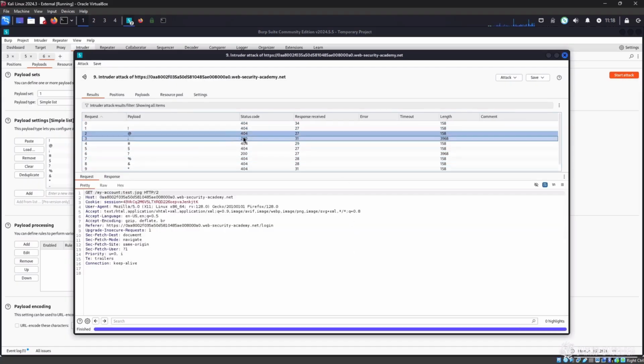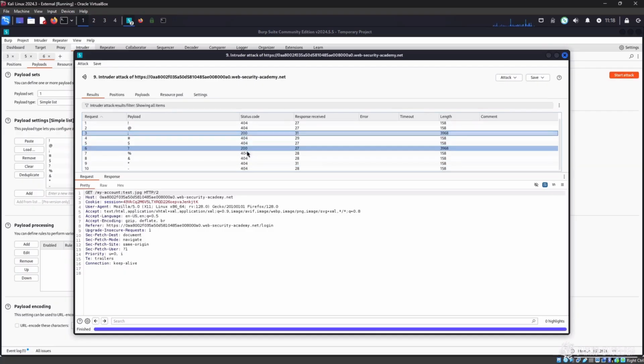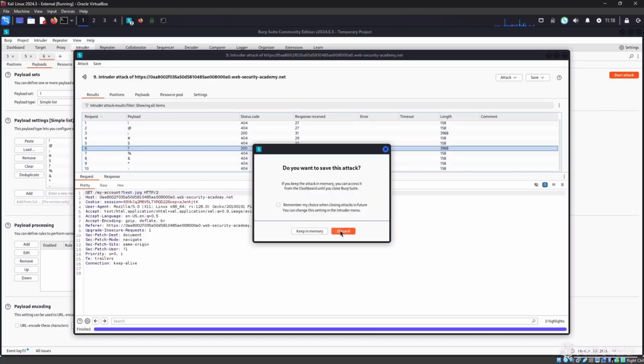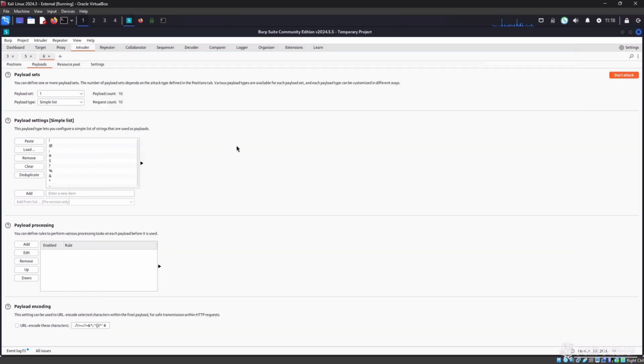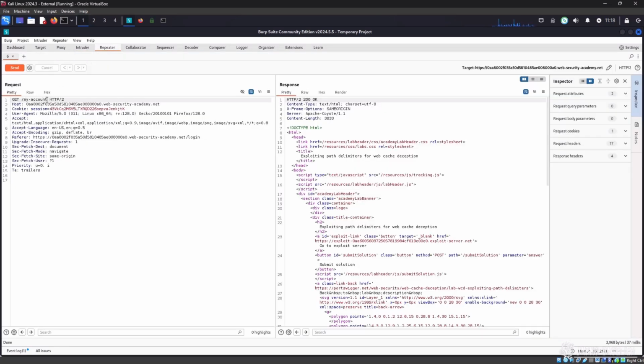And we have a 200 status code on the semicolon and we have a 200 status code on the question mark. So we have two path delimiters we can test if they work. Now let's first start with the semicolon and try test.jpg. It results in a 200 page, but we don't see any caching information in the response. So maybe with the semicolon